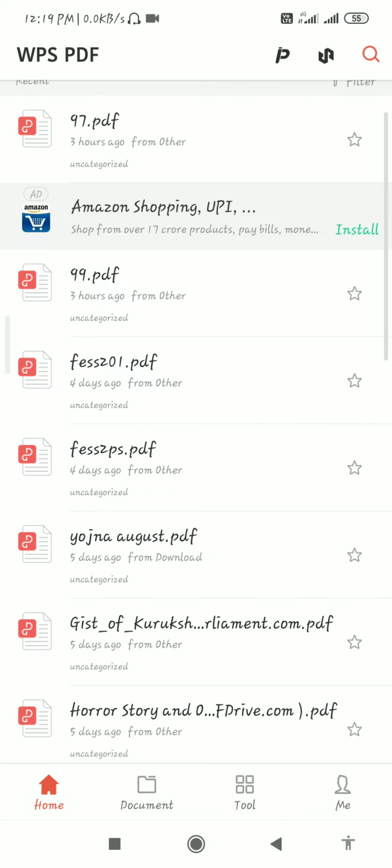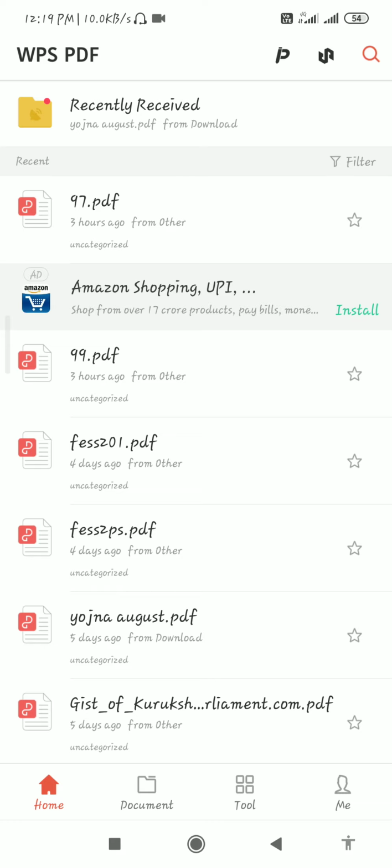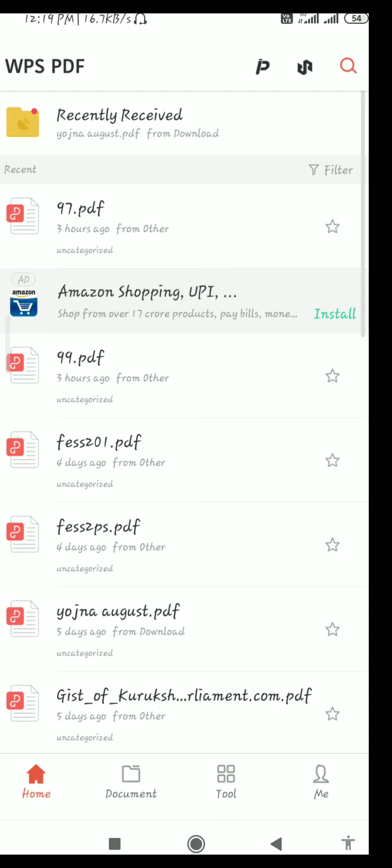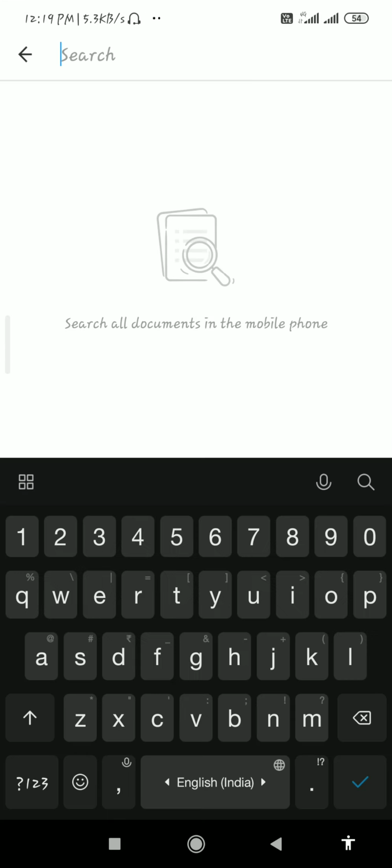Now on the home page, on the upper side there is an option for the Google Play Store. You can find other applications from here, and you can easily search from here. You can easily search any PDF by its name.